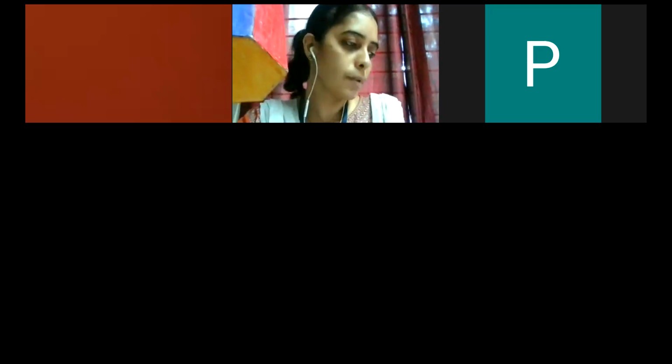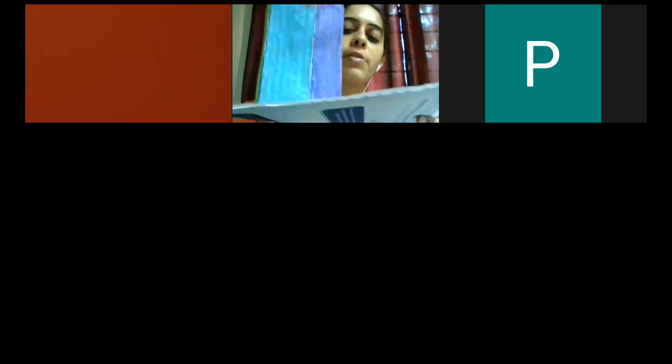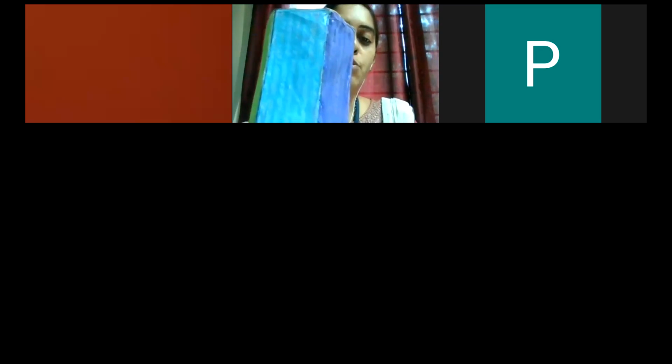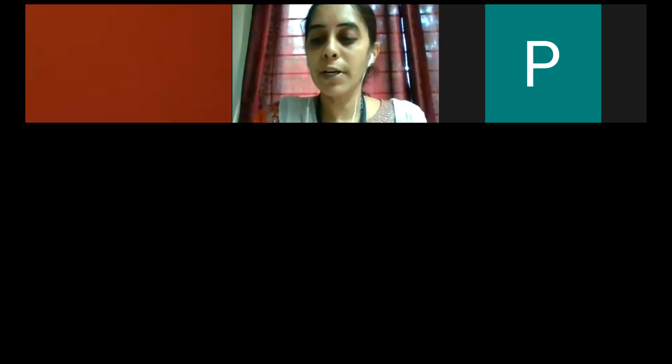And similarly, these two sides will be making equal inclinations with HP because it will be resting on HP. So when it is resting on HP, this will be the corner on which it will be resting, and these two sides will be making equal inclinations with respect to HP. So that you have to take care.